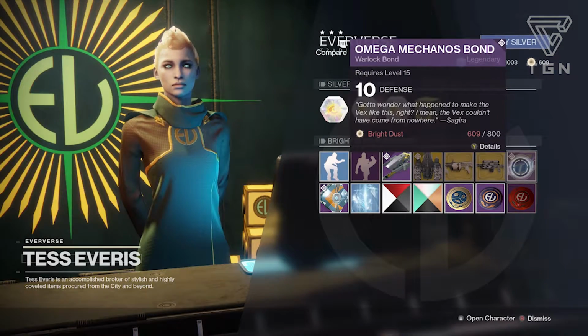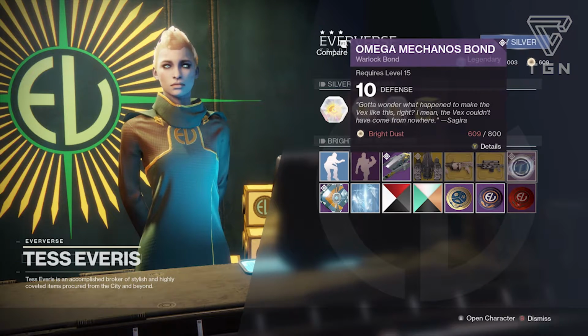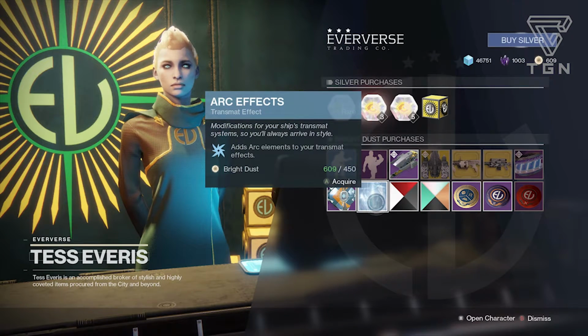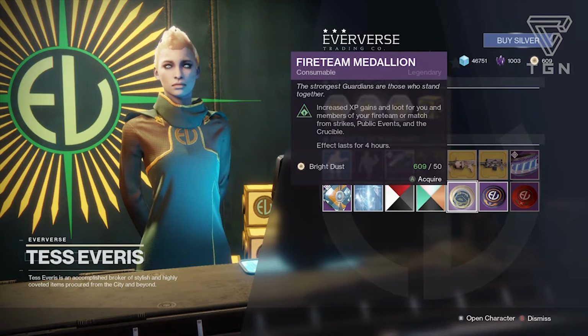It looks like she is selling the class item for all the classes this time around. It has the Warlock Bond, actually. I'm fortunate to have this one already, so I'm definitely going to work toward the other gear for that. Looks like Ghost Shell-wise, she has the Flaming Arrow Shell, the Arc Effects Transmat Effect. Shaders, looks like she has Suros Modular Shine and Tarnished Copper, and then you can pick up Fireteam Medallion, and